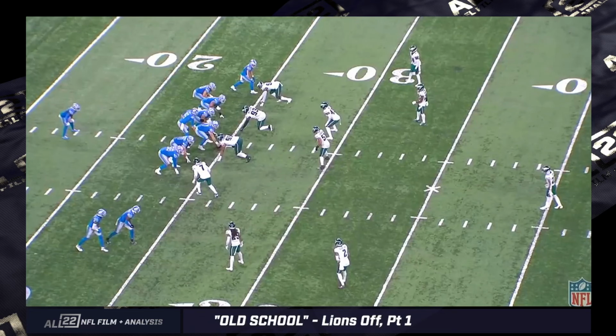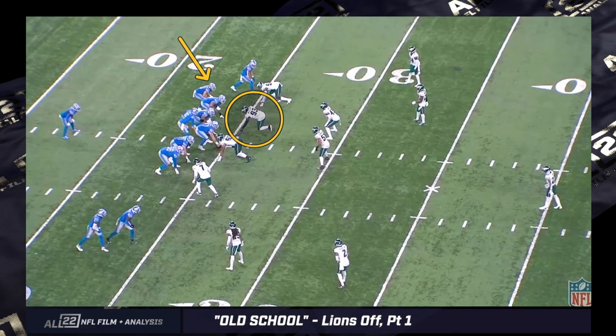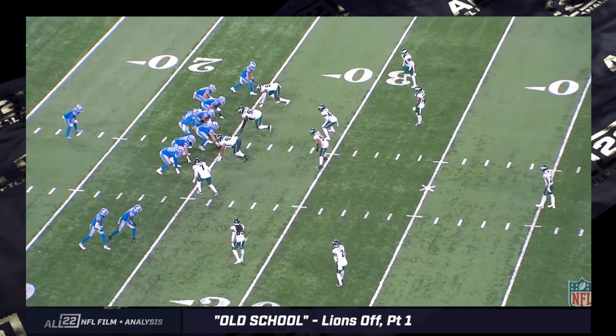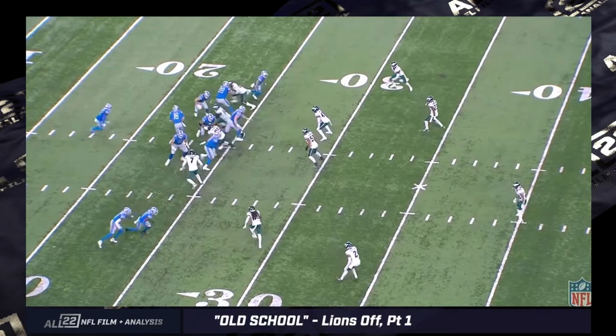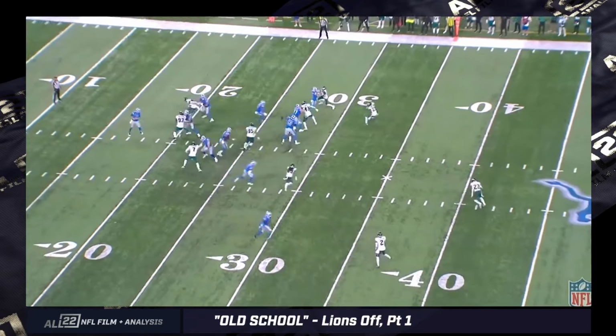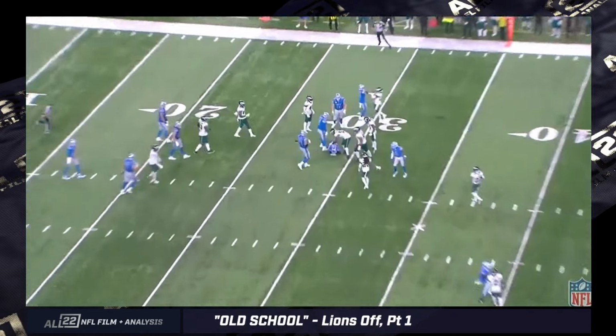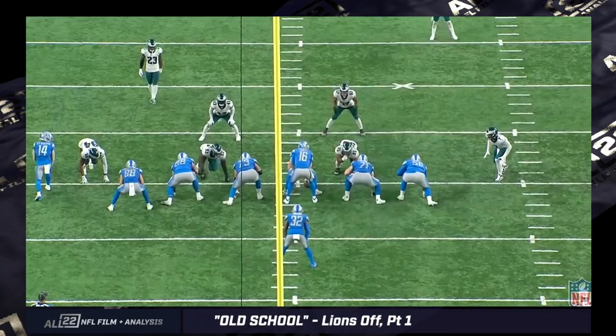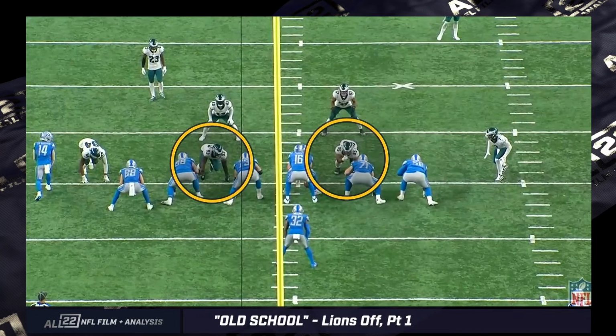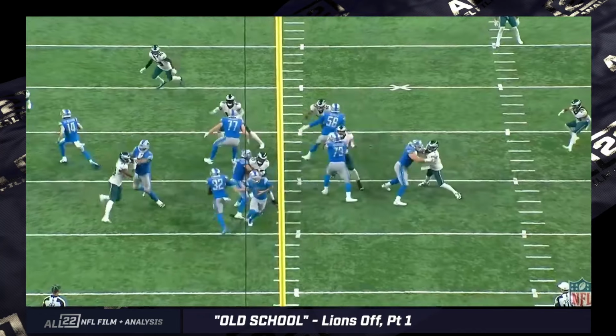I'm only showing film from weeks 1 through 4, to be honest with you, but here's another example of the wham trap. That tight end that you see the arrow spot shadowed on is going to wham trap this D tackle while they're trapping 95 down to the bottom side. Ends up being not a huge gain. The running back kind of slips down. I think the Lions O-line is unable to pick up